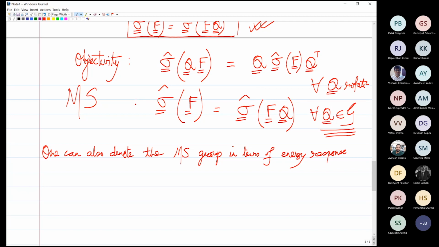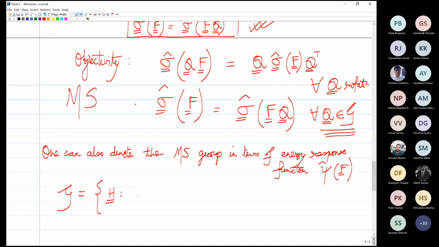If the body is thermoelastic, that means psi hat is a function of big F. So in terms of this, it says that the symmetry group G is such that for all